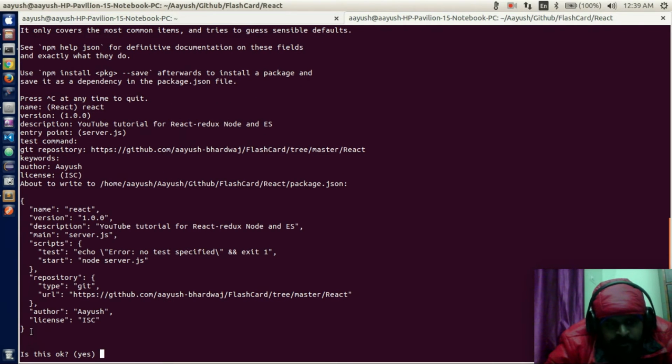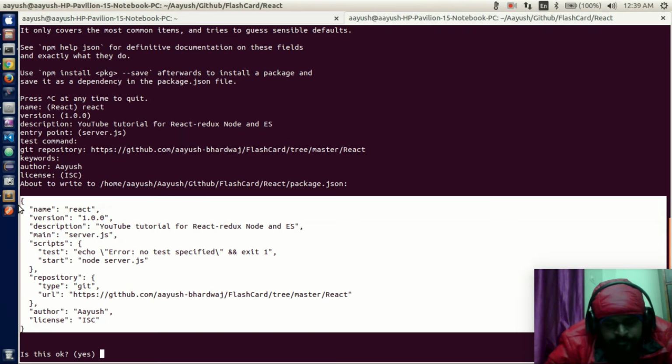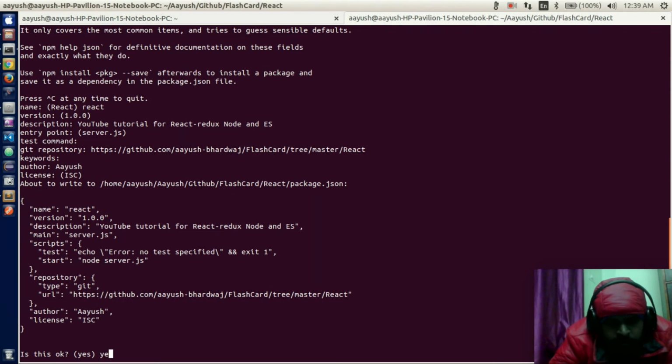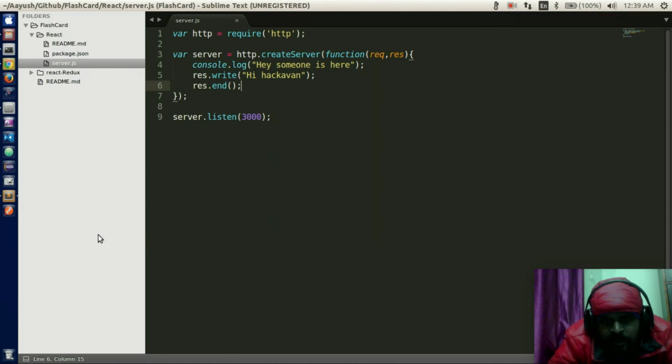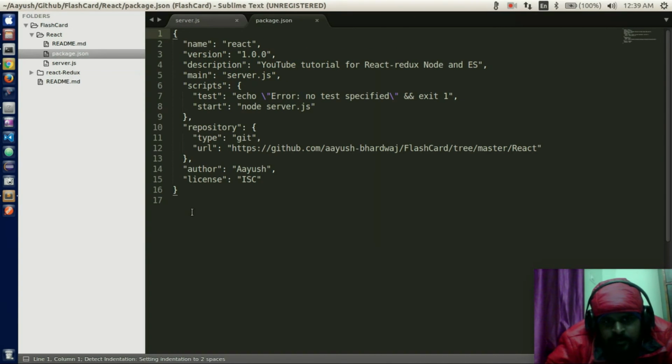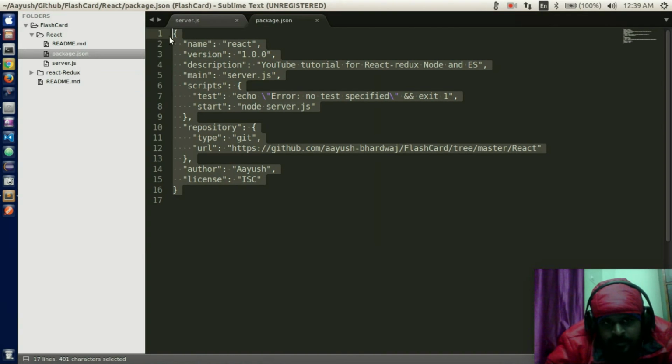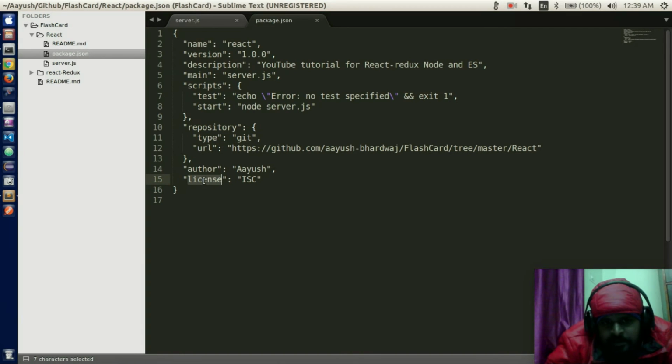So this is your package.json file that I was talking about. I'm pretty much okay with it. Yes. Now if I get back to my Sublime Text, you see a file named package.json is created. In this file, there will be a new key added in this JSON, that will be dependencies. That will create a list of all your dependencies required, like maybe your Webpack version, your Express version, React DOM, and everything else that you need for your